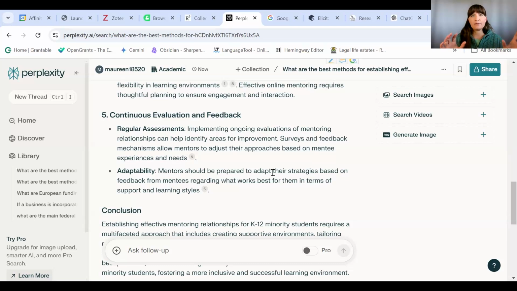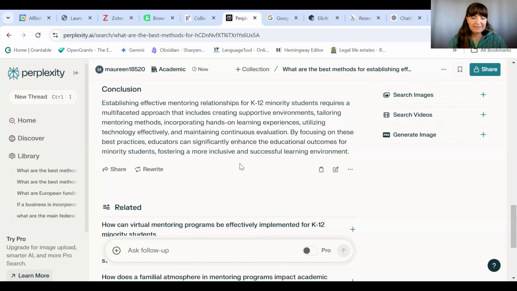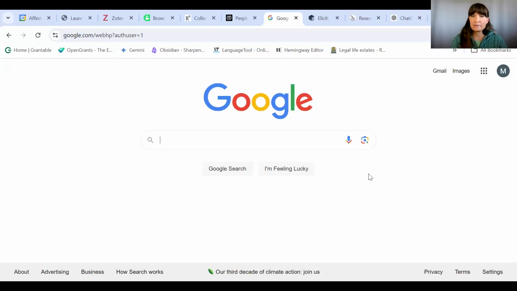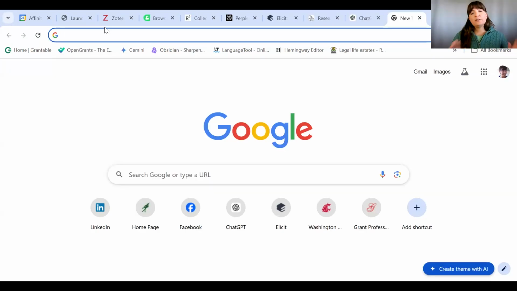because you can't give it parameters to its search, you can't limit it by time scale, you can't limit it by academic journal, and you can't have it focus in on particular populations or keywords without a lot more prompting. This is a space that I like to use just to understand the general space, and then I move over to Elicit, which allows me to do that. But before I move to Elicit, I want to show you one more tool, and that tool is a Google AI Lab. So I want to show you a new tool before we move into Elicit, and that is in